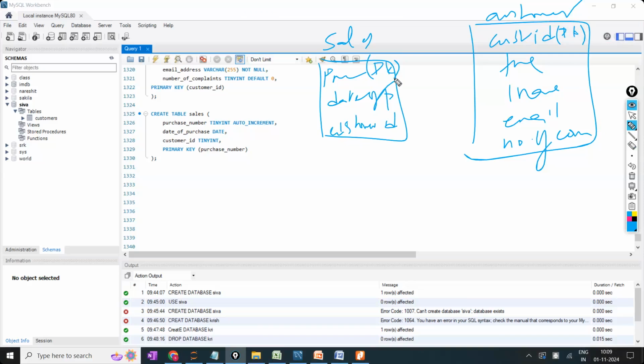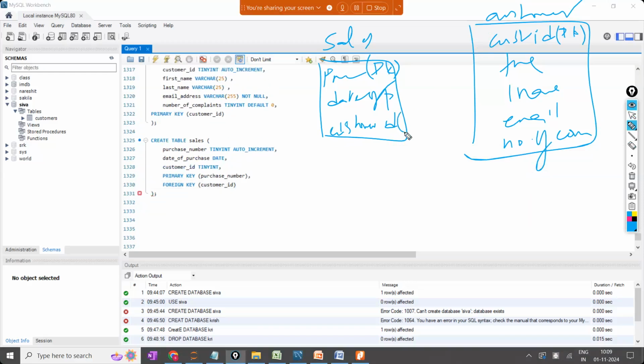Now the next step is that these 2 tables have to be connected, means I have to draw one line from this one to this one. This is called a connection. How to draw this line in SQL? First I have to take the foreign key. I'm going to set the foreign key as customer ID. Observe this clearly: foreign key as customer ID means this is in the bracket, FK. Up to here, is everyone okay? I have taken only the bracket. I have not drawn the line yet. Only the FK letters I have added.